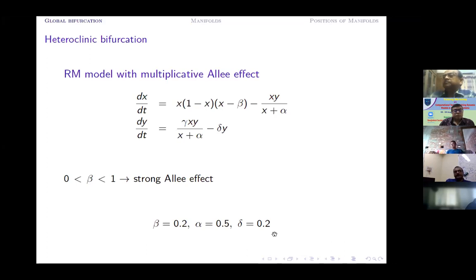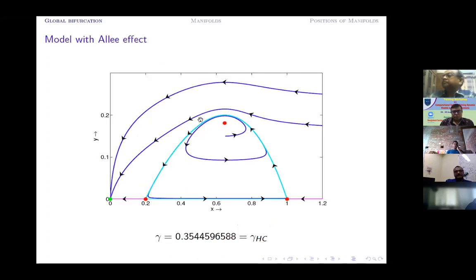So what are we going to vary? We are going to vary this parameter gamma just to see some change in the dynamics with the variation of the parameter gamma. How it will vary, why it will vary, that I have already discussed yesterday. So I am not going into those details, but if you have any query, you can ask me afterwards. I'll be happy to answer them.